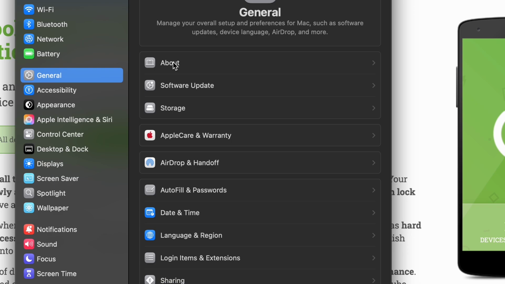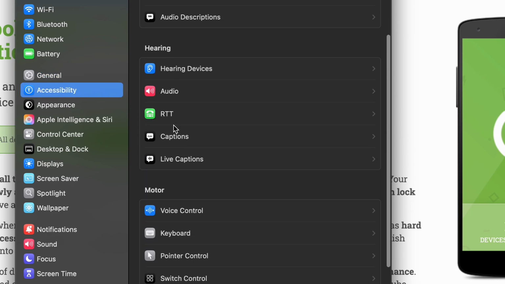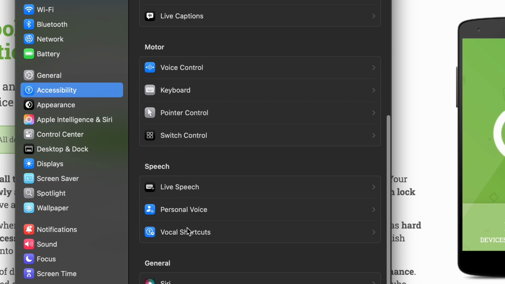To set it up, go to System Settings, which you can open by clicking on the Apple logo in the top left corner, then System Settings. I'm already in the System Settings, so now I can go into Accessibility, then scroll down to Speech and find